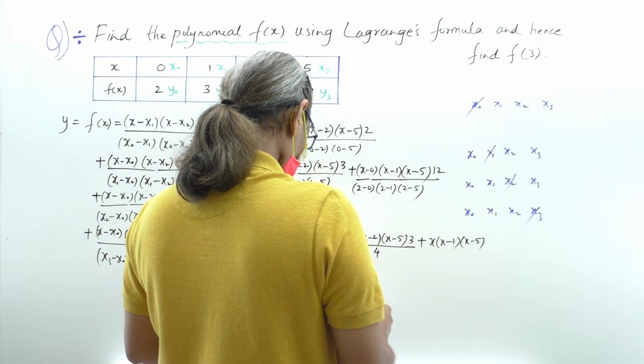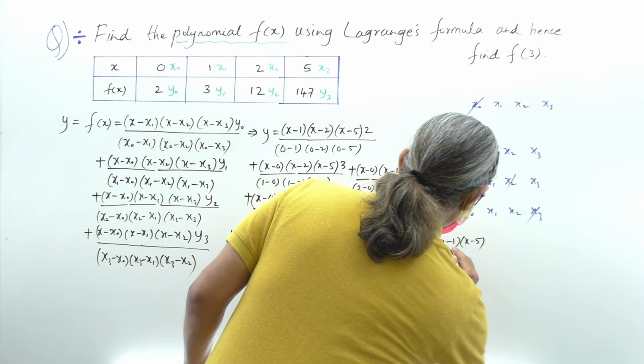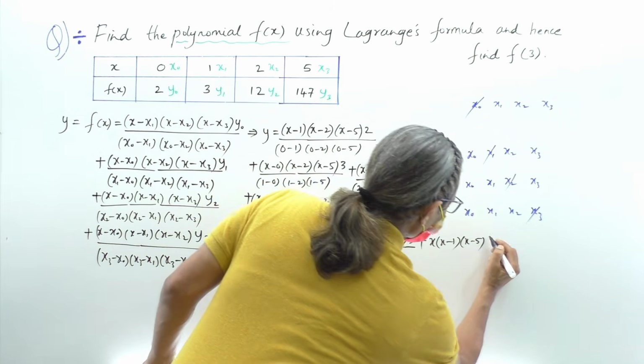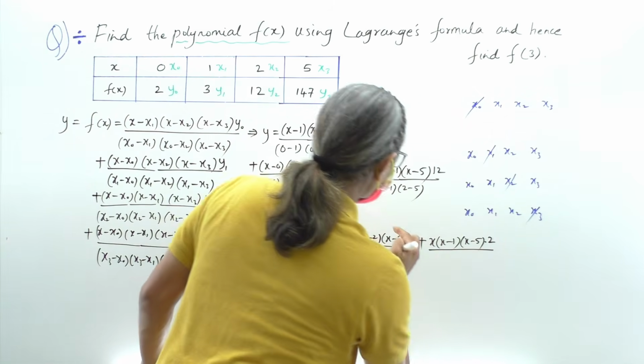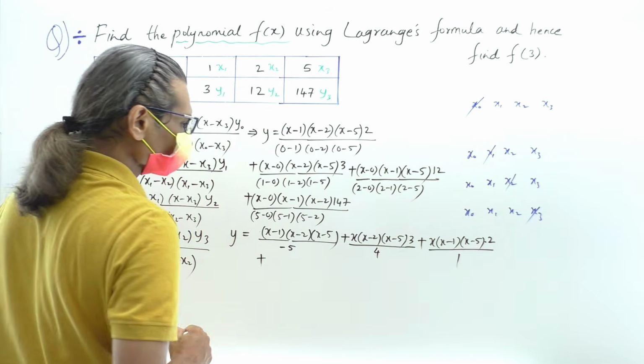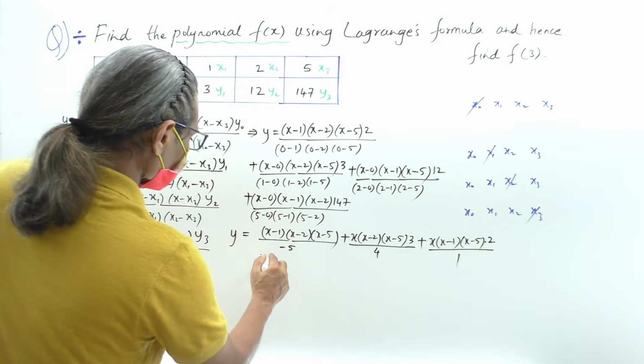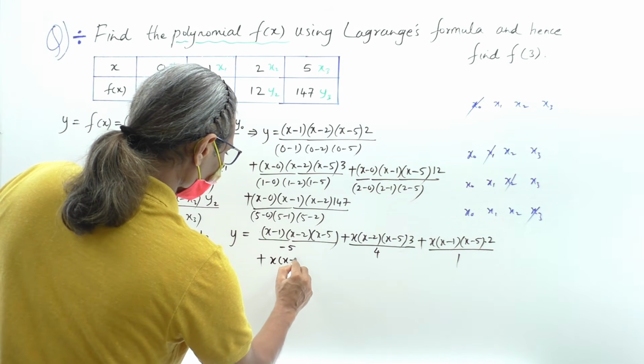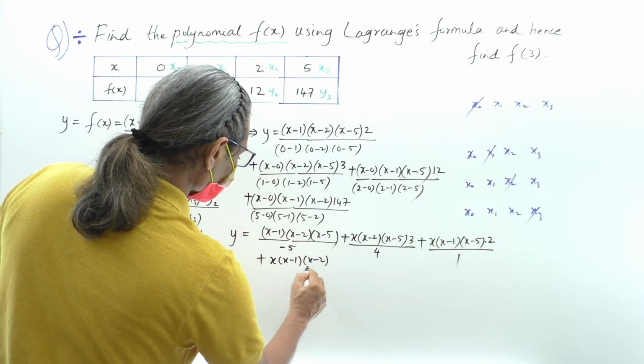So if you have this, we will get just 2 into upon, nothing, 1, okay, and lastly plus the last term x into x minus 1 into x minus 2